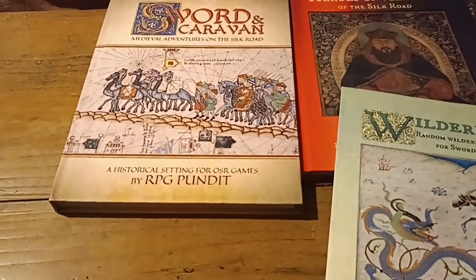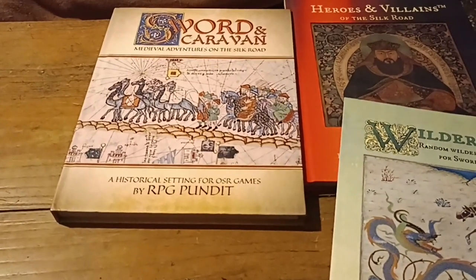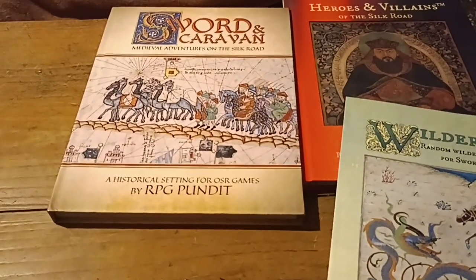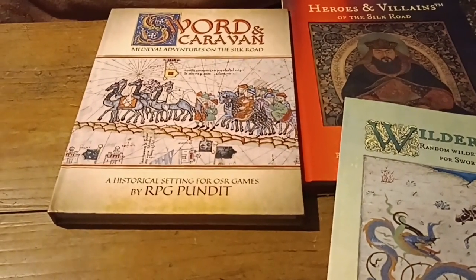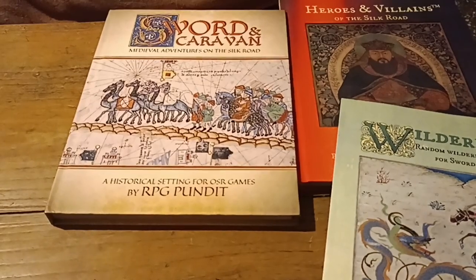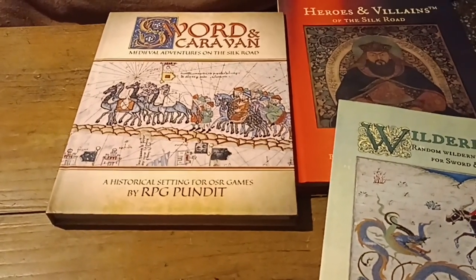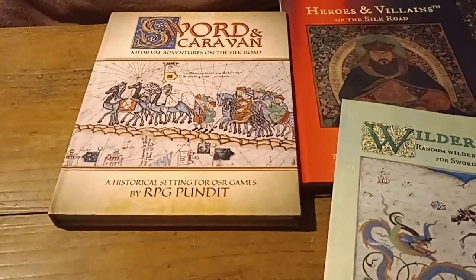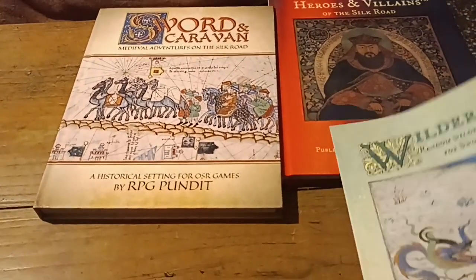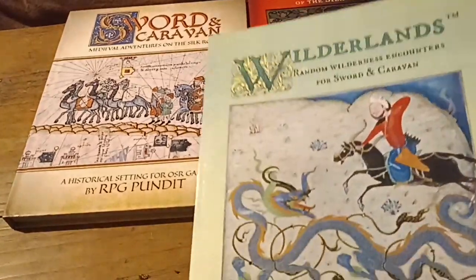And it's theoretically a source book for Lion and Dragon. It has a few sections that have a bit of mechanics, like the monster descriptions that are all set up to align with Lion and Dragon, but that means that, because it's OSR, you can use it with any OSR or D&D based product. Now, Wilderlands is not a product that is